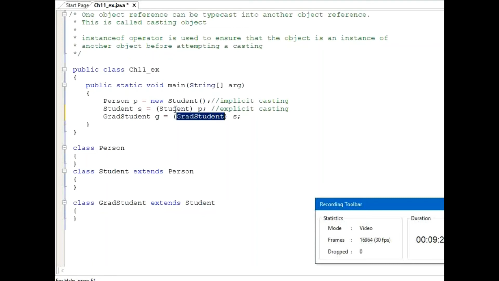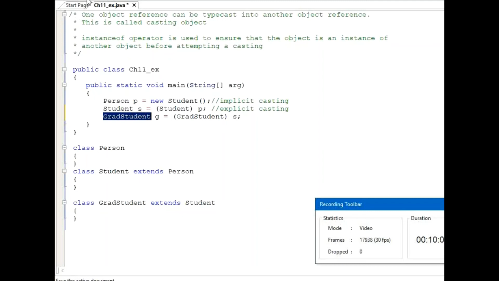This is what we did before: I converted P to a student object and then assigned it to the student type variable S. Same thing I'm trying to do here. I have an object called S, I'm converting it into the grad student type, the subtype, and assigning it to G. This variable's declared type is grad student.